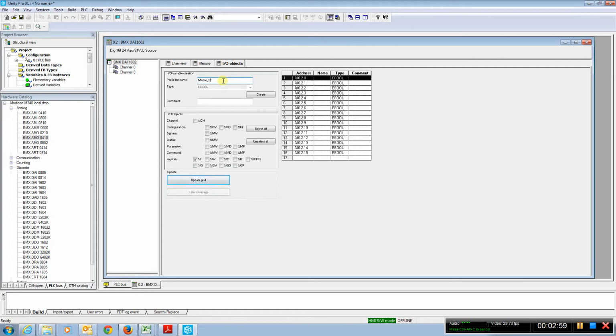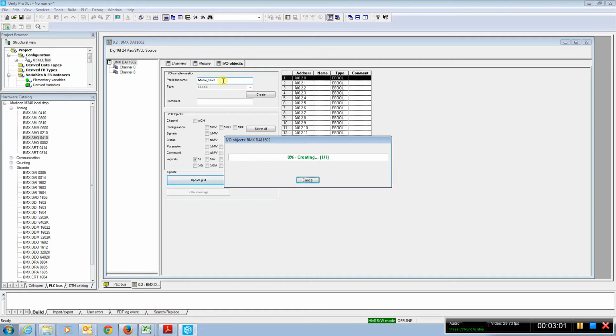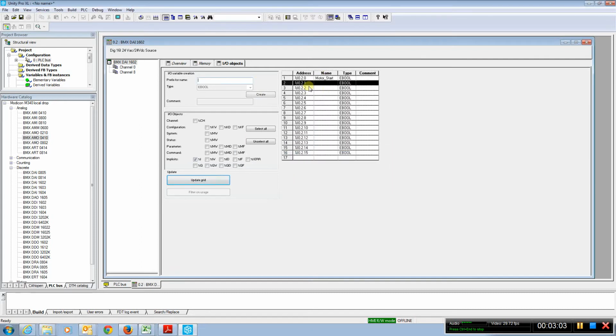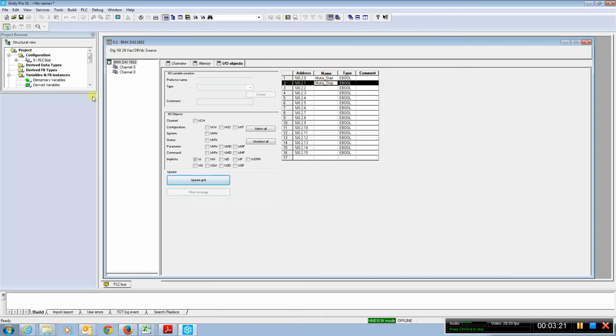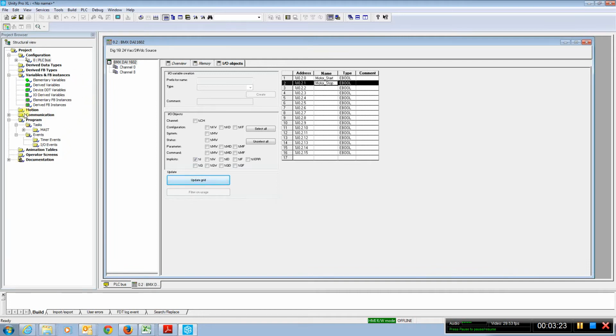Motor_start, and it creates the variable name here. Motor_stop. Once we create the variable name, you'll notice that you cannot edit it from here. Here's the topological address, and here's the symbol name right here. What we need to do to edit the name is come back here to our list, go to our variables,